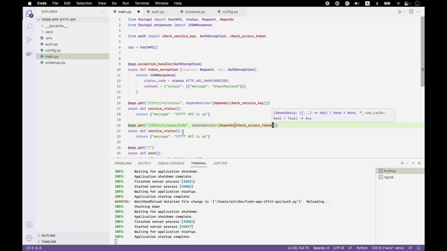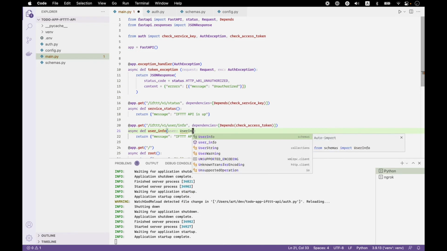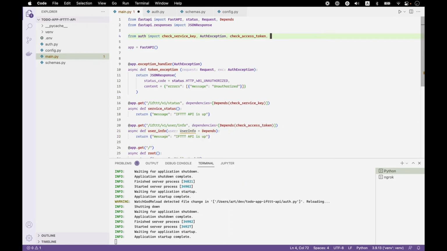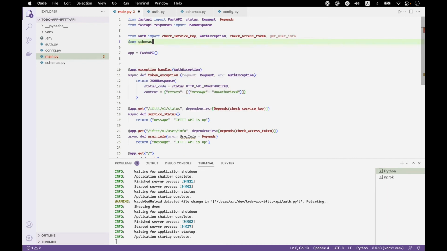And we need another dependency in the function itself. So this dependency will call the get user information, validate the response against the schema, and put it all into the user variable. And we can return a data object,